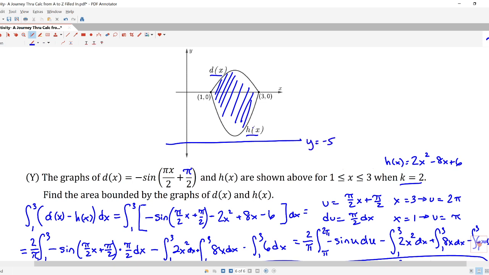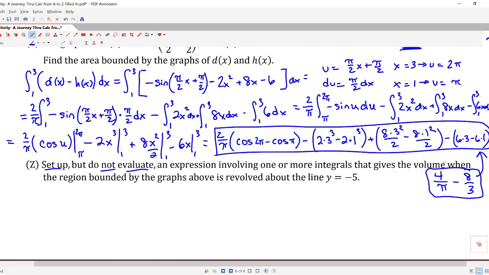Now, real quick, we don't know, because this is a different part of the question, so that whole k equals 2 that we did up here was only for y. For part Z, I don't know what k is, so h could be below, could be above, it doesn't really matter, but we do know d is above the line, or the line is below the function, all right? So the volume would be